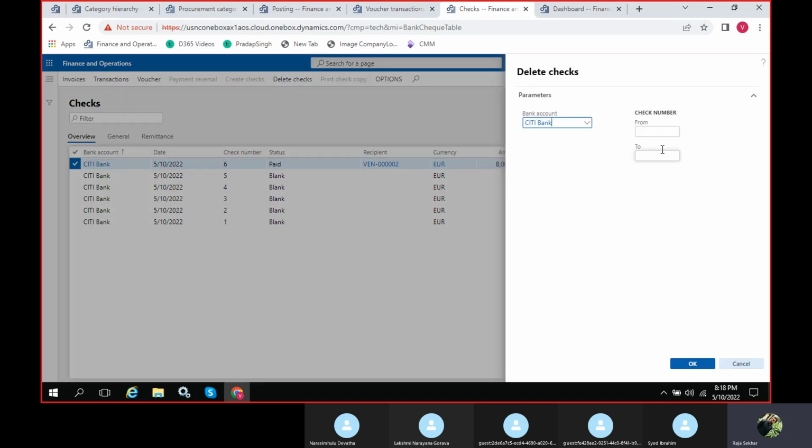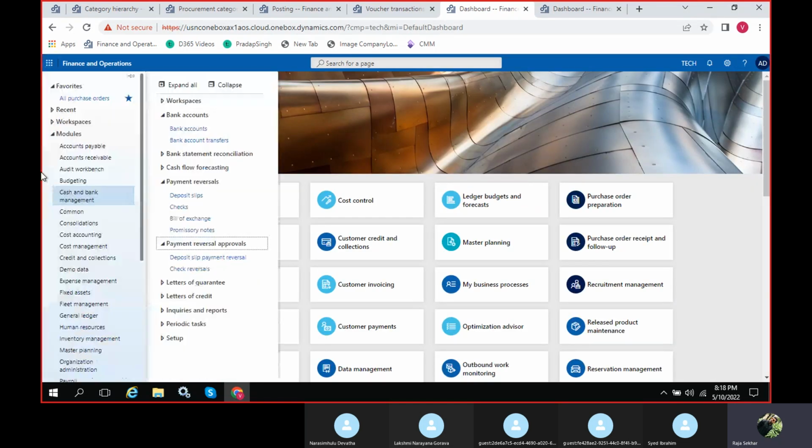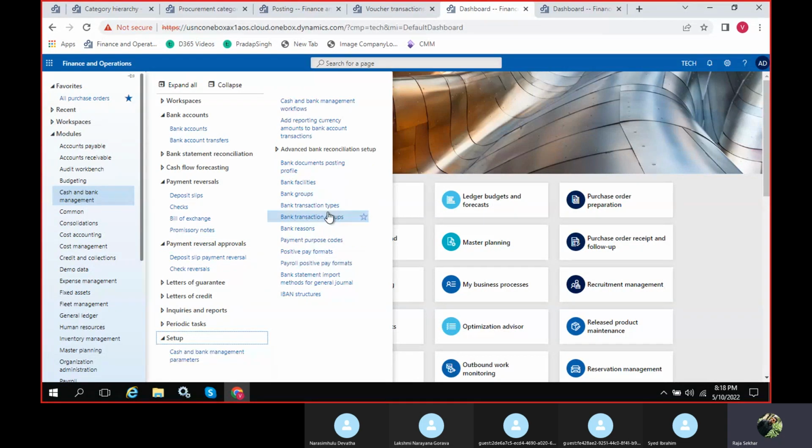If I wanted to delete checks, I can delete these checks, how many numbers I want, but also need some check deposits, letter of credit, setups.